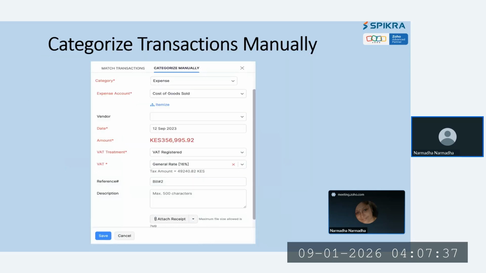Categorize transaction manually. In some scenarios, our transaction does not involve invoices or bills, but we are receiving those transactions from the bank, which are either expenses, liability or equity. Those transactions will be captured manually. For example, if you are giving salaries to the employees, those salaries will be captured in the bank statement. That transaction will be matched with Zoho Books by